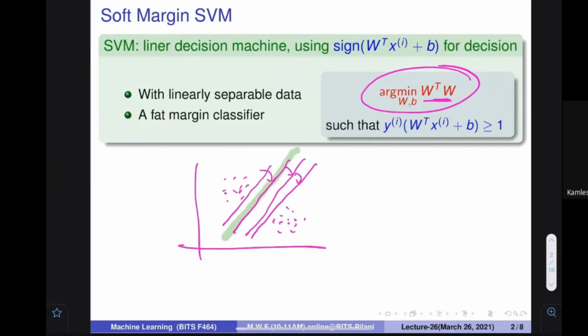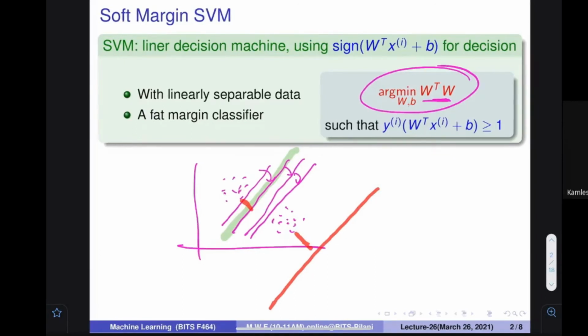However, I want to tell you something else. At this particular point, what is the margin? You can say that this is what the margin is. Can I increase it? If this is the margin, you take this particular distance from here and put the line over here. Just consider these two lines, the red line and the green line.